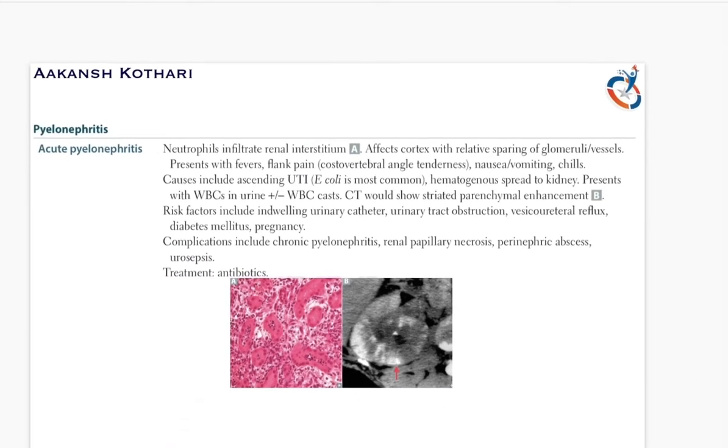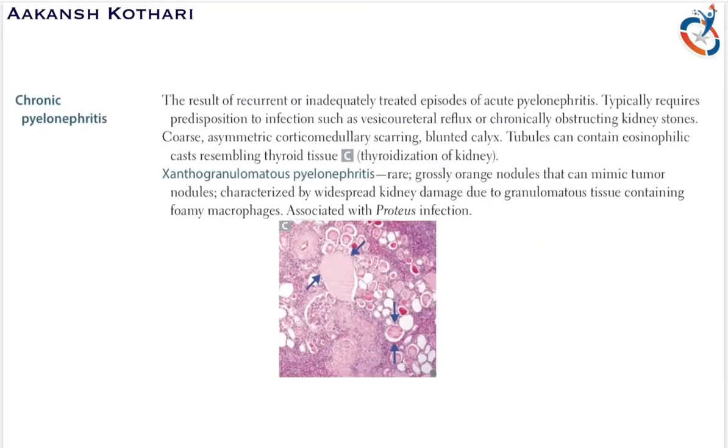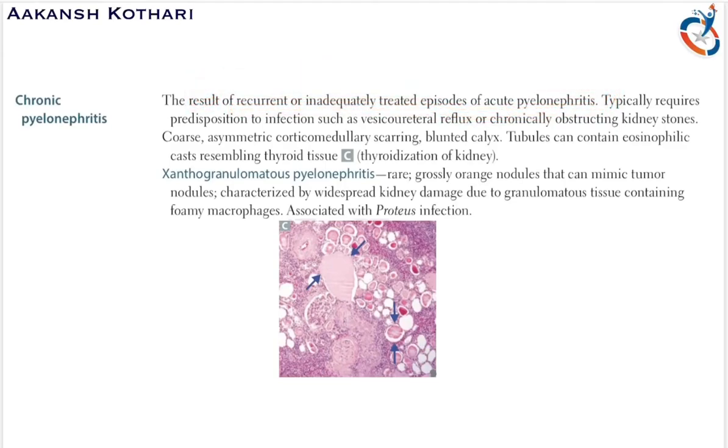Now, when acute pyelonephritis occurs multiple times and there is a recurrent episode which is untreated, it can lead to something called chronic pyelonephritis. So, let us talk more about chronic pyelonephritis, which is the last segment of urinary tract infection. So, chronic pyelonephritis is a result of recurrent or inadequately treated episodes of acute pyelonephritis. Am I clear? Now, it typically requires a predisposition to the infection such as a vesicoureteral reflux or chronically obstructing